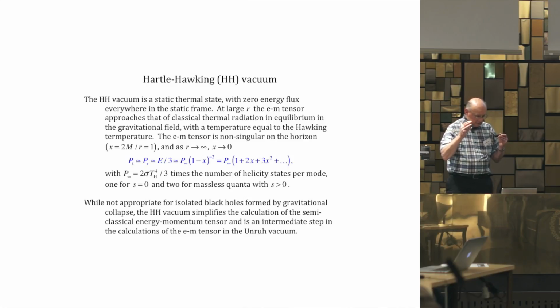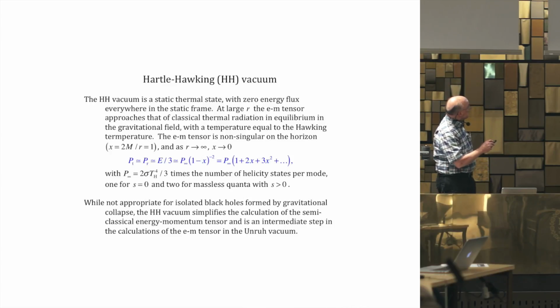So you think of it as a thermal gas in equilibrium in the gravitational field, which you can solve, and the pressure goes as 1 over 1 minus x, where x is 2m over r, and then you can expand that as a power series. For the first few terms in this power series we expect this to hold, but there'll be corrections at higher orders. And